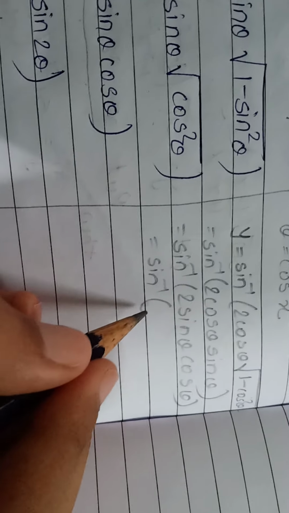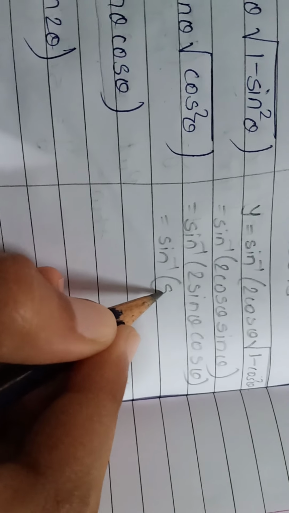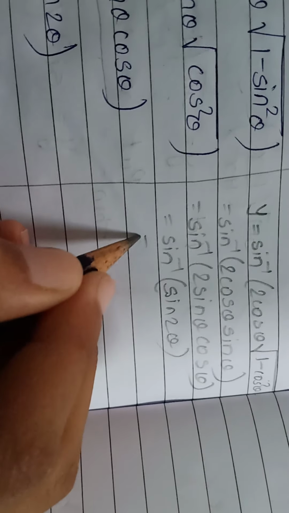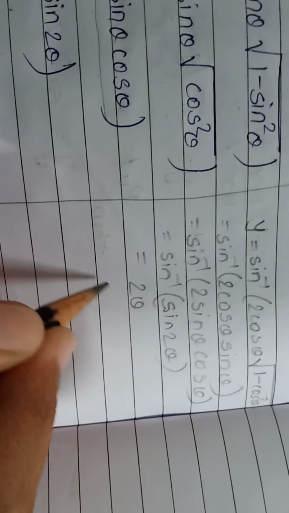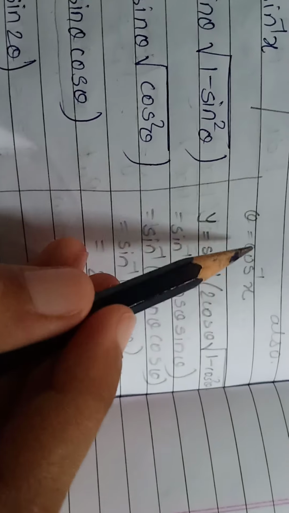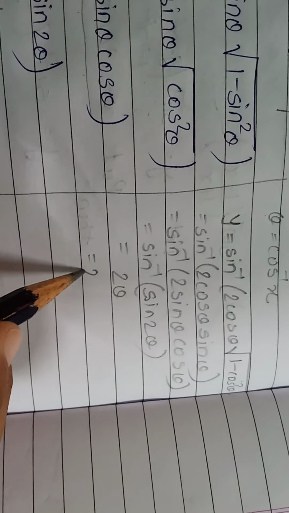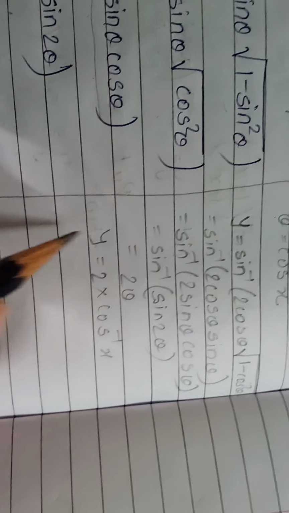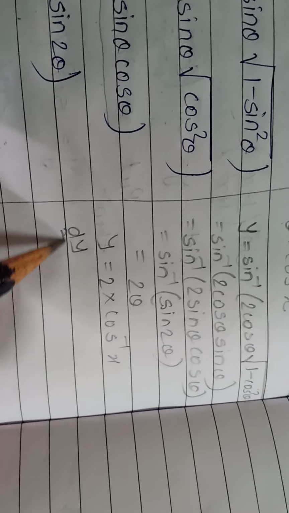So we'll ask what is the difference in the answer. See, this is sine 2 theta, right? So after sine inverse and sine cancel, it will be 2 theta. But in this format, theta is cos inverse x, so it will be 2 cos inverse x. And this is y. So after taking the derivative,